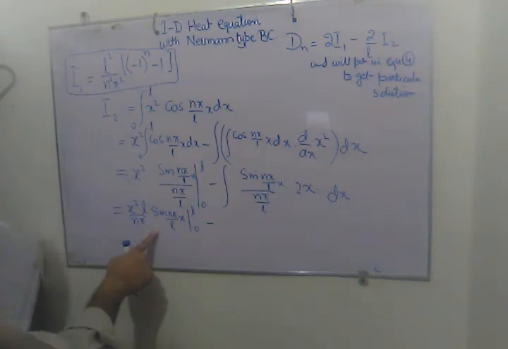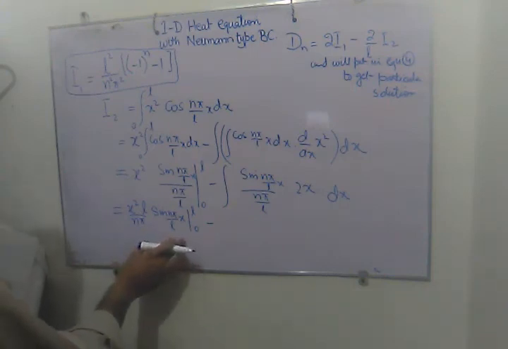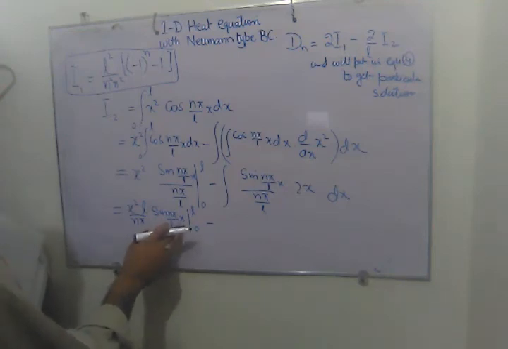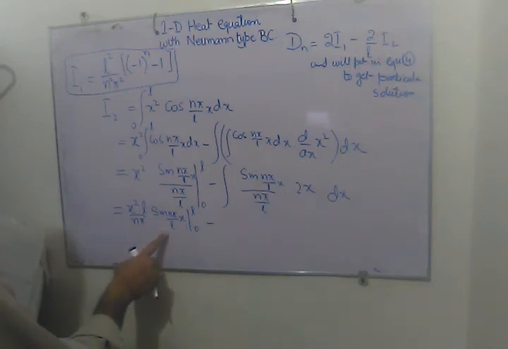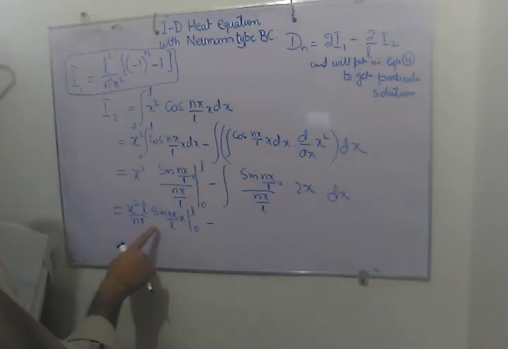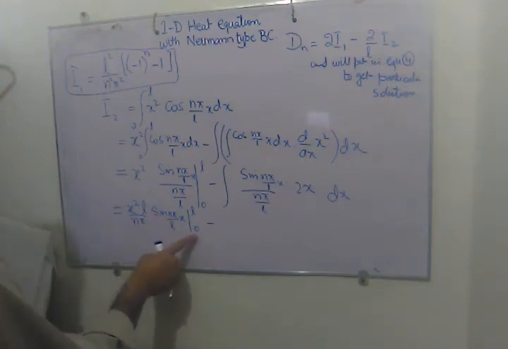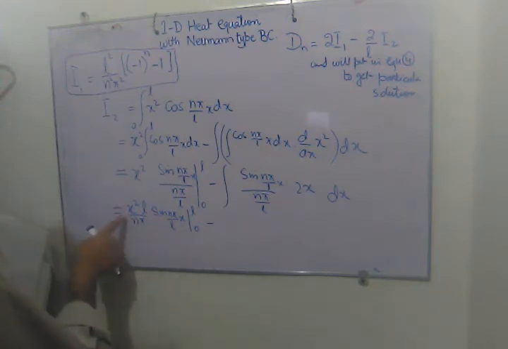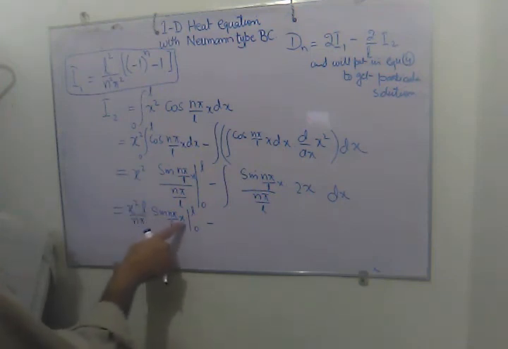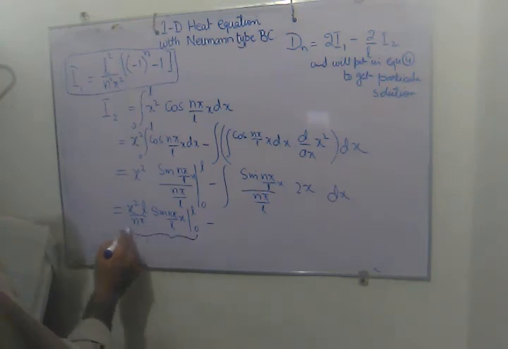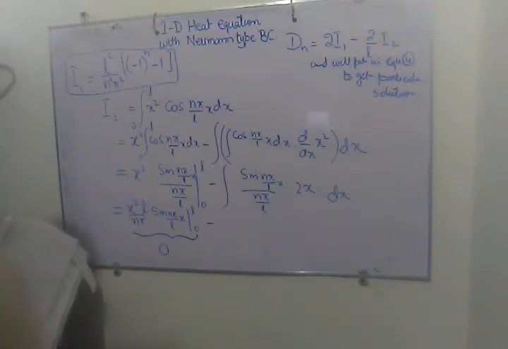Now when we see the situation here, we see that when we apply the upper limit and lower limit, then when we apply the upper limit for this sine term, L and L will cancel each other out and sin n pi is 0 as we did in the previous integral I1. When we put 0 here, then the square of the 0 multiplied by the whole term will make the whole term 0. So this whole portion will become 0 when we apply the upper limit and lower limit. So we are remaining with this